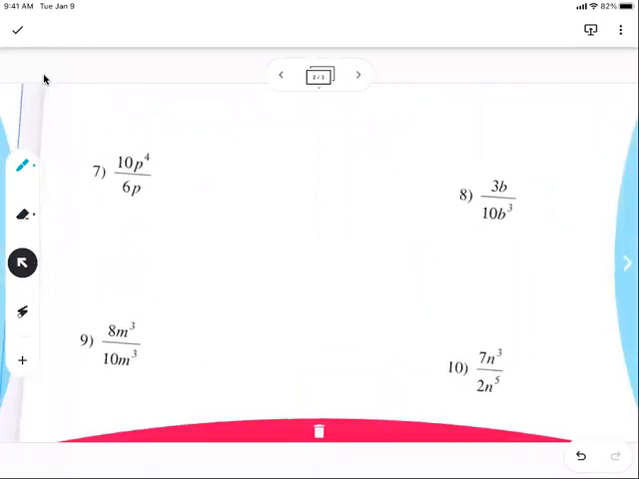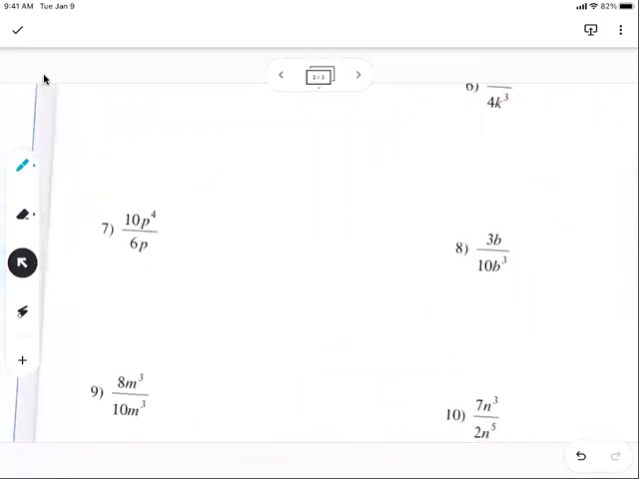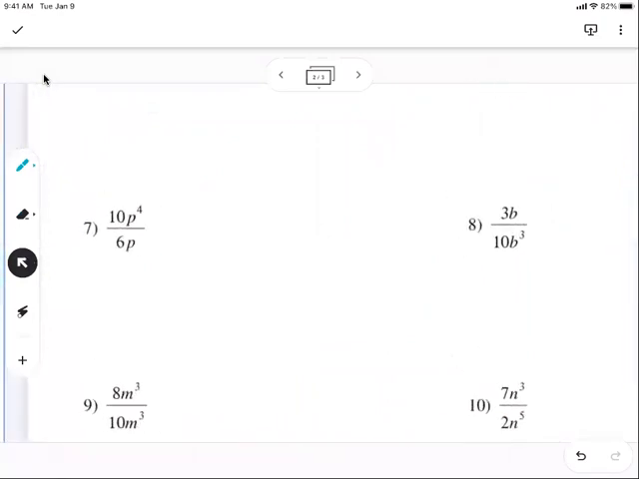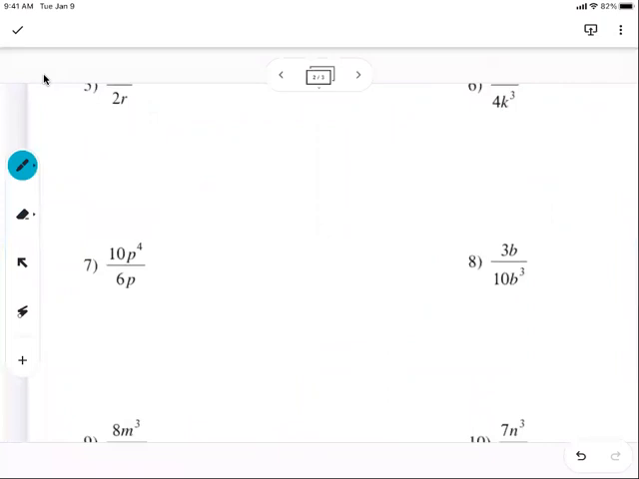Number 7 says 10p to the 4th power over 6p. So in order to simplify this, first things first, I have two separate things going on. This is 10 times p to the 4th power over 6 times p. The 6 and the 10 are not attached to the variables, so they're like separate numbers being multiplied. So when I go to simplify this, the 10 and the 6 can be simplified like a normal fraction would be. So if I gave you just a regular fraction and I said simplify 10 over 6,